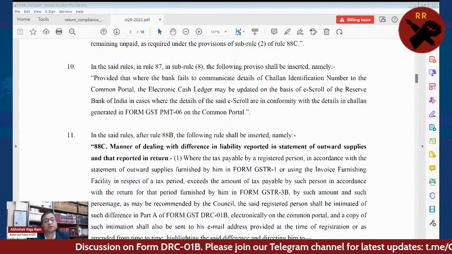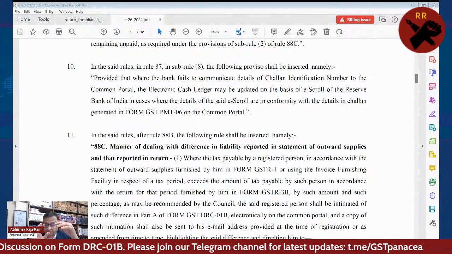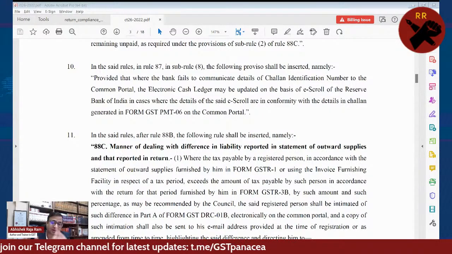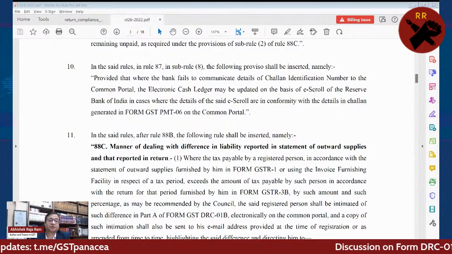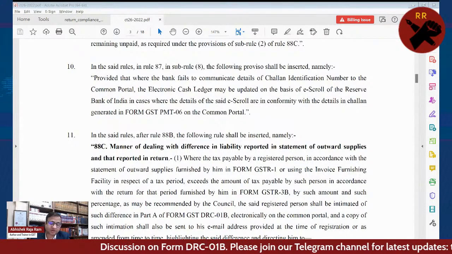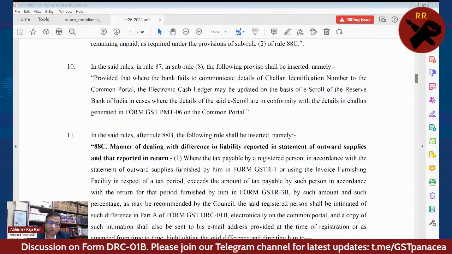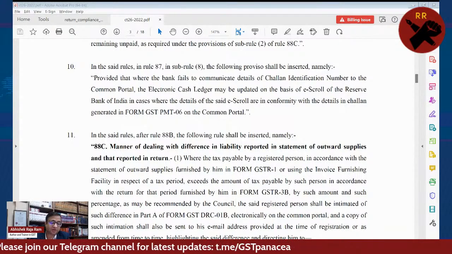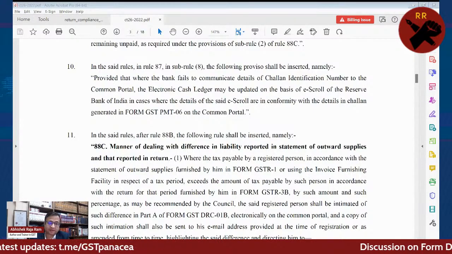Then the issue was to give effect of judgment of Honorable Jharkhand High Court और अपने लॉ को भी harmonious interpretation देते हुए they have said okay, we will not issue a show cause notice, but we will go with a pre-show cause notice consultation. That's why they came with a new form DRC-01B. ये 48th GST काउंसिल मीटिंग जो 17 दिसंबर 2022 को हुई थी, उसमें ये इफेक्ट दिया गया था।